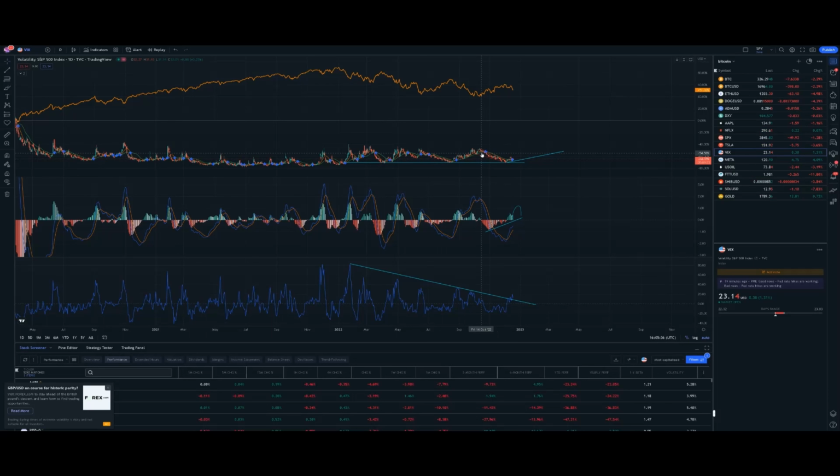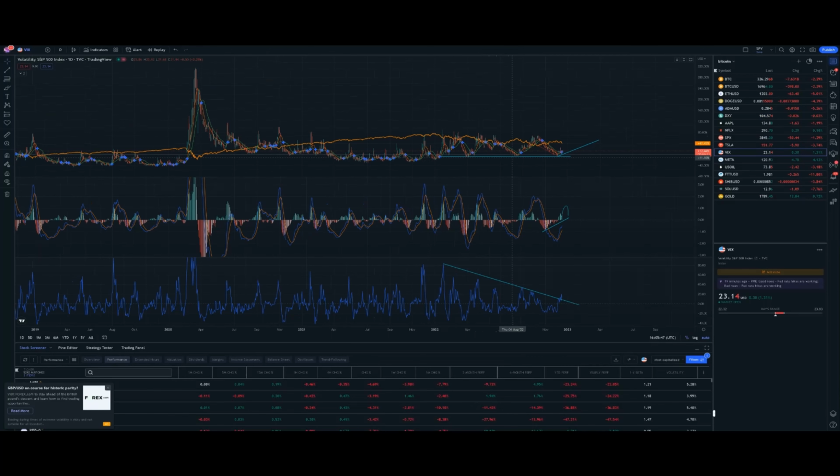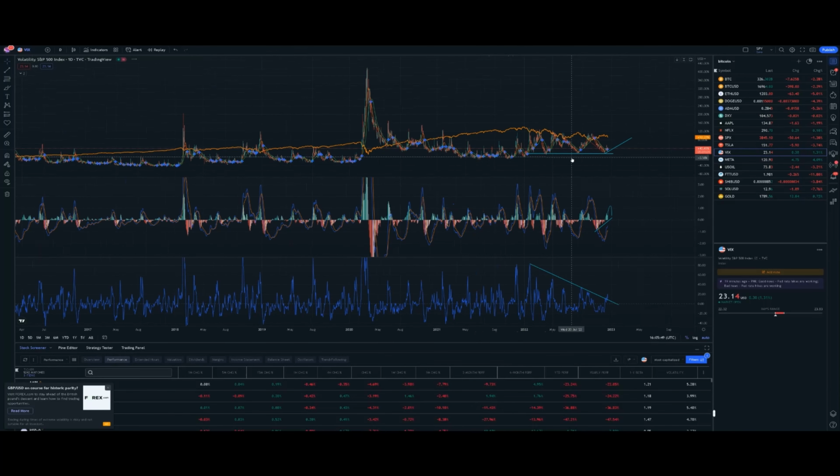Usually what the VIX ends up indicating is a high VIX means low stock market, and a low VIX means a high stock market. So what you want to do is be careful with that, just because that's the major indicator we use to see if the stock market is going to crash or if it's going to continue running.